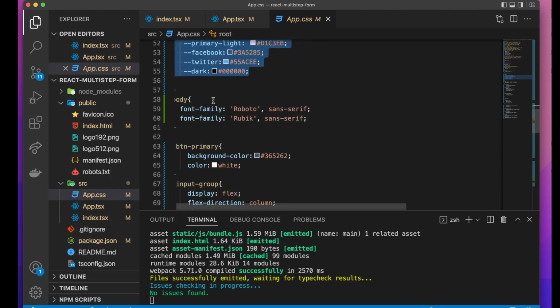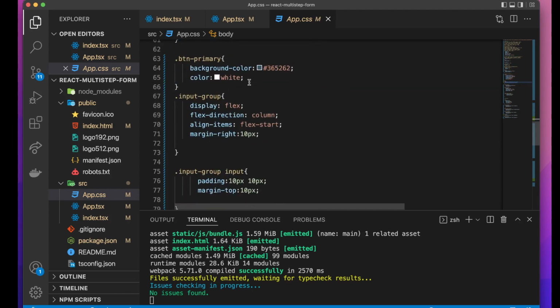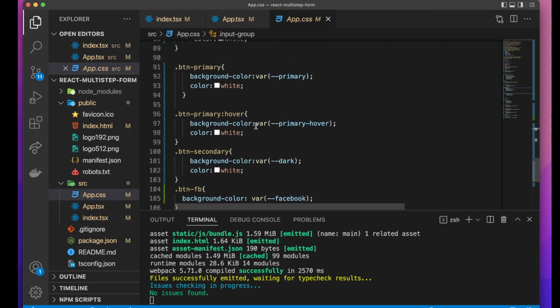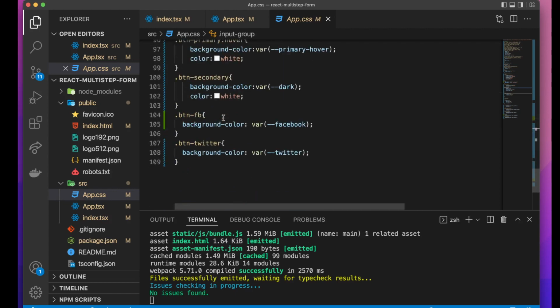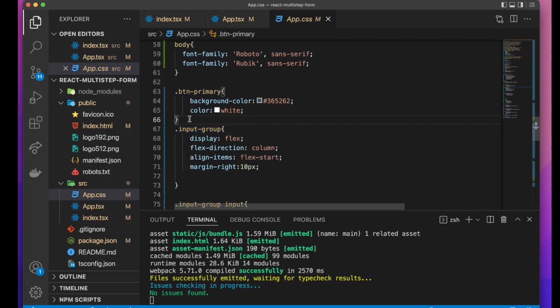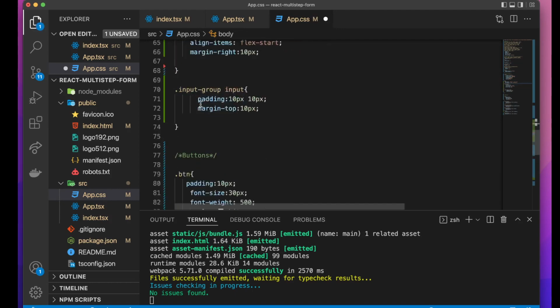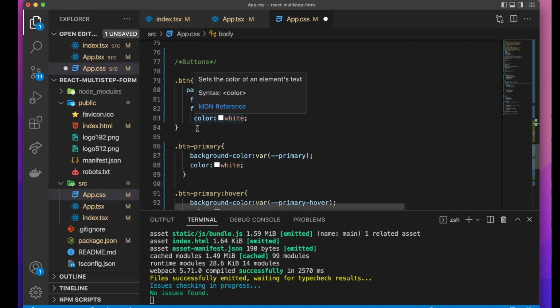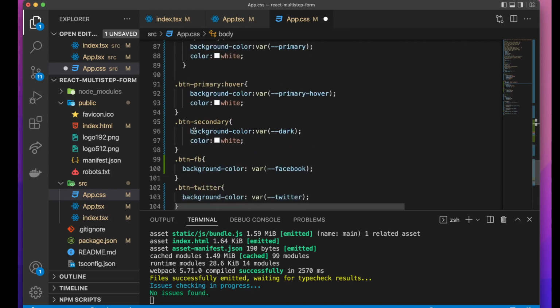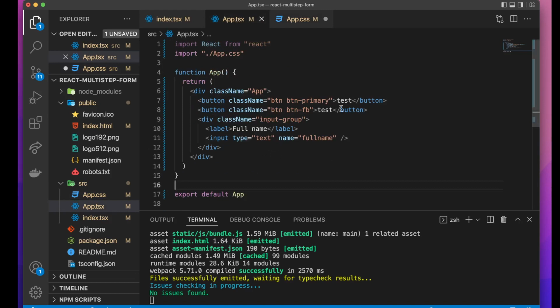And also I already have a font family for the body of the application, and then button primary, some input group and some input, and then button primary hover, button secondary. Do I have also button primary here? Looks like I have. I will just take it away. I just copied it from our earlier React router application CSS. So this is all we have, and I will delete everything from here because that's not what we are going